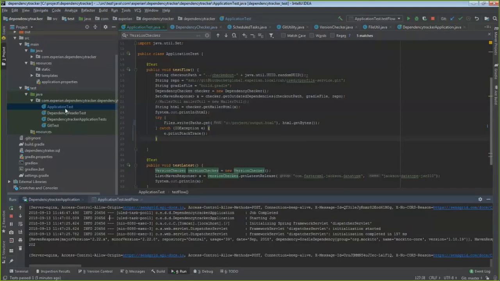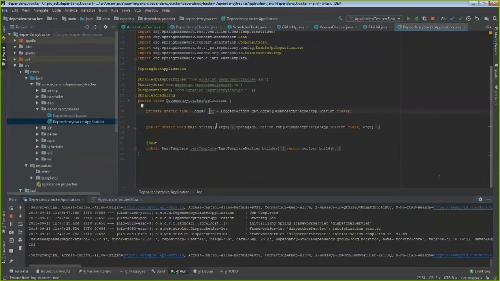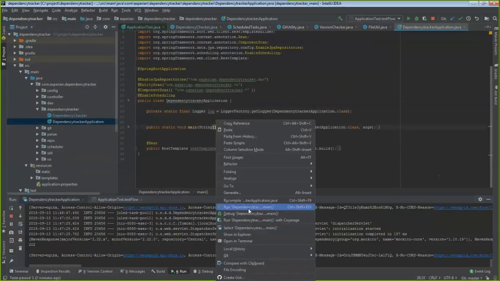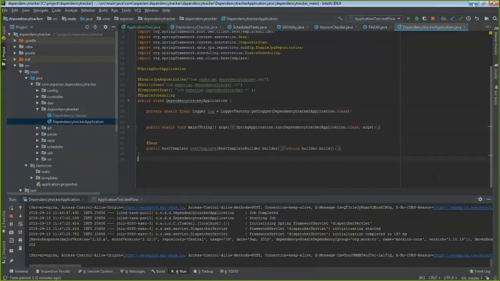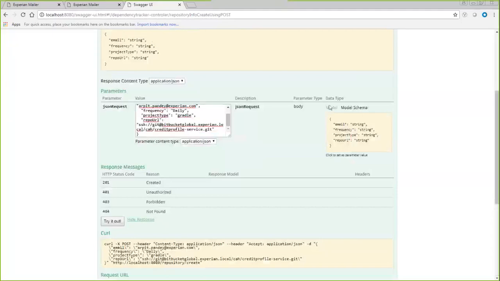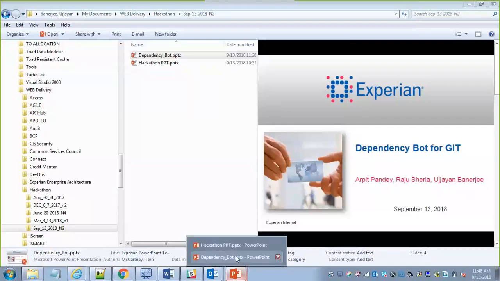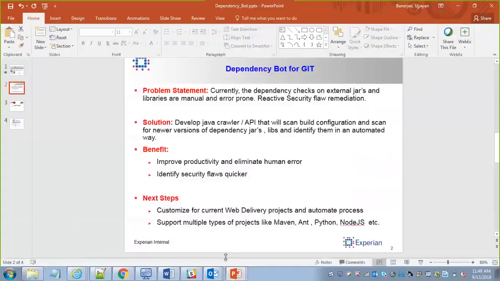As we are aware, it is a Spring Boot project. It is pretty simple to execute this project. You just need to start the dependency tracker application. Just right click and run the application. As soon as you have run this application, your UI will come up. That is your Swagger UI, and you will get a screen something like this. Here you just need to create a JSON request and try it out. It will create your record in the database, and it will make sure that going forward you get a notification on a regular basis. So that was a quick overview of the